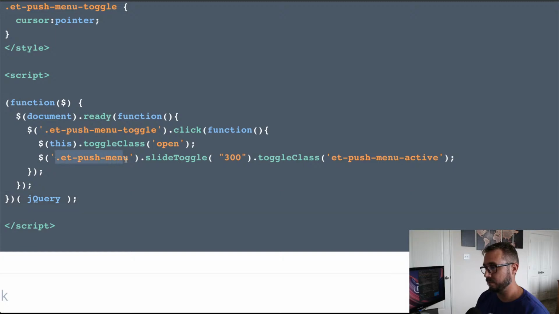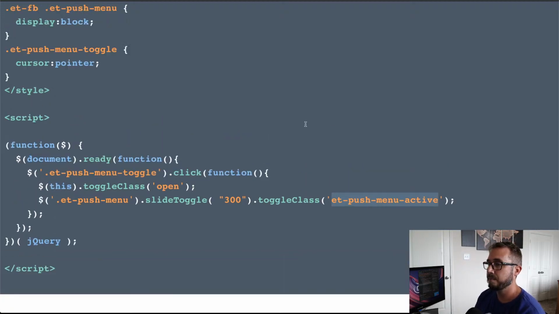Whenever that selector, the section with the class et push menu that we added, that top menu section with the dark blue background, whenever the menu toggle button is clicked here, this section is going to be revealed with a slide toggle at 300 milliseconds. That's the transition speed. And it's going to add a class to that one called ET Push Menu Active, which is where we